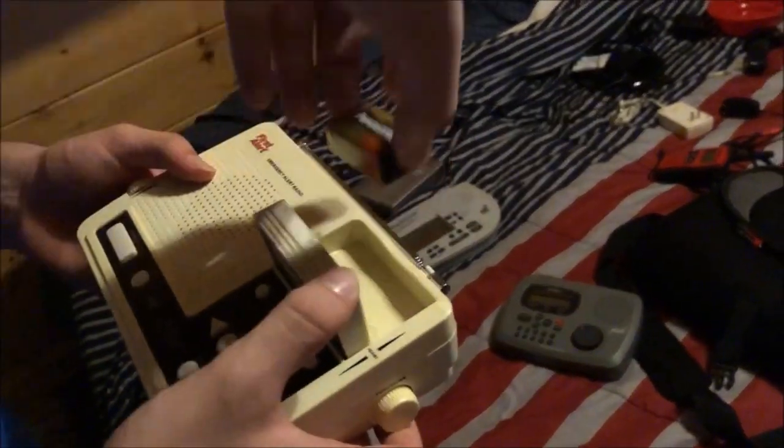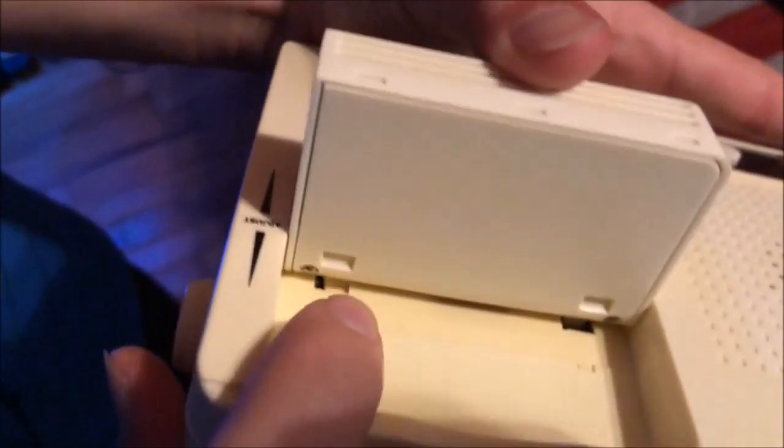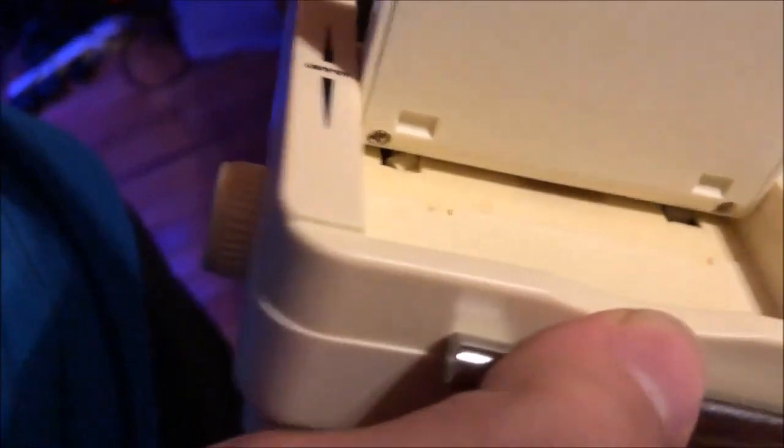Not to mention fragile. I mean, it's the same thing. Look, if I remove the battery, that happens. And look at this. If you carefully look back here, and if I bring this into the light, you can see right in here, these two little tiny slots right here, you can see the plastic moving. Look, you see it? It's gone now. When I tilt it back up,